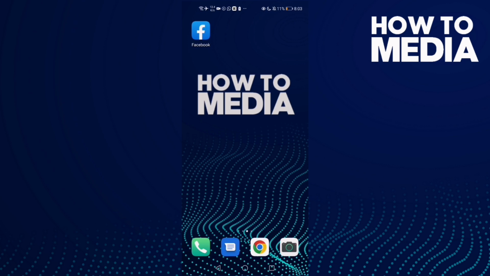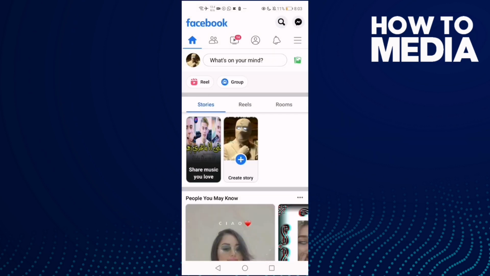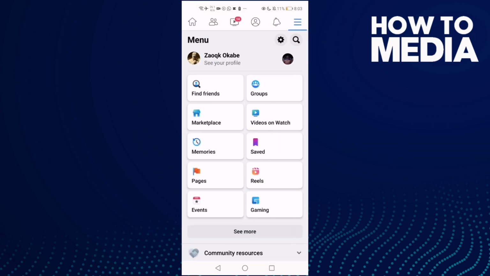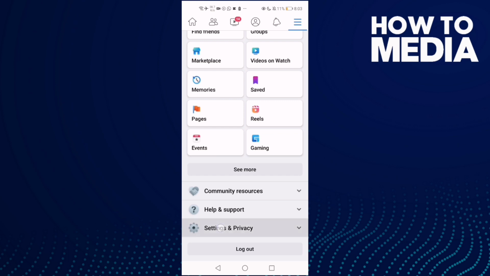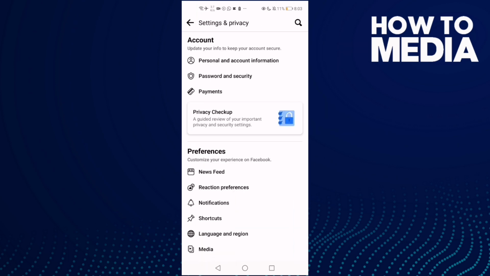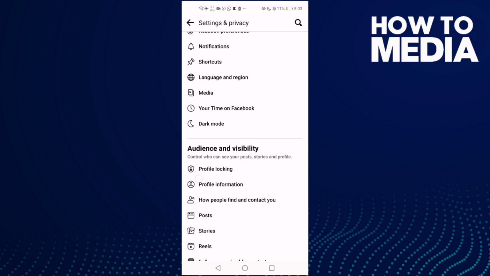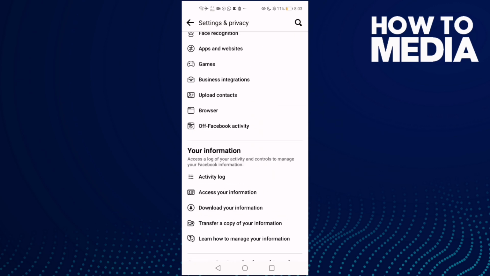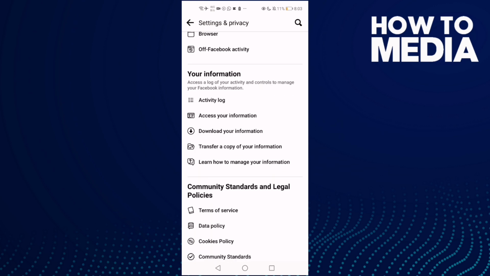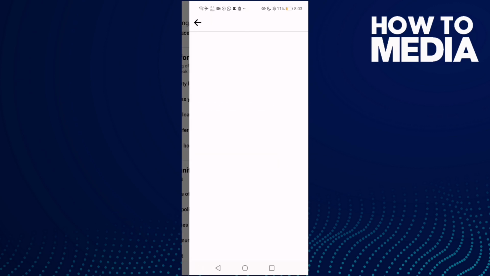First thing I'm gonna do is go to Facebook and then click these three lines here in the top corner and go down, click settings and privacy and then settings, and here just go down until you find this one, download your information,